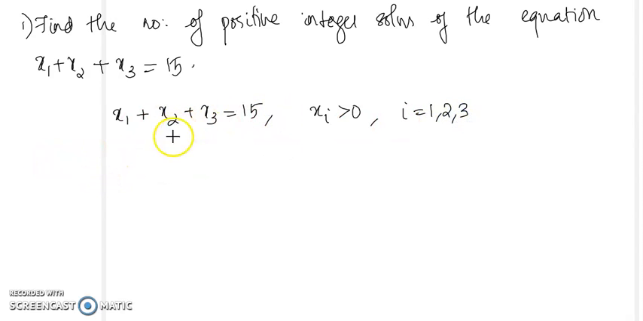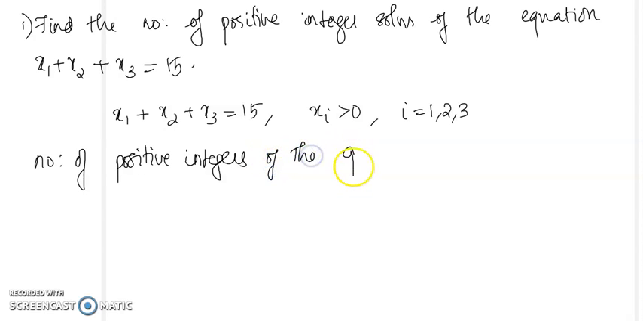So this problem is the same as the number of ways of distributing 15 objects to 3 boxes such that none of the boxes is empty. So there must be at least one object in each box. That means each xi must be strictly greater than 0. So the number of positive integer solutions of the given equation